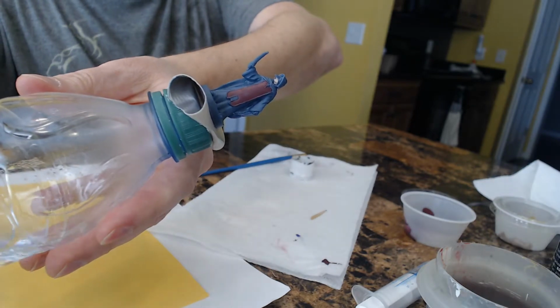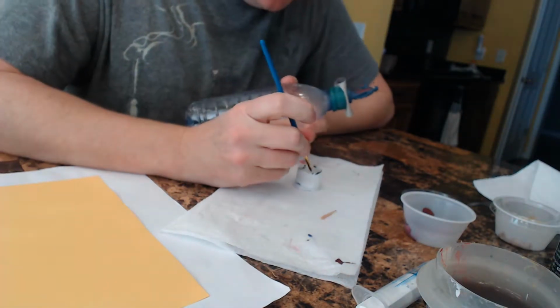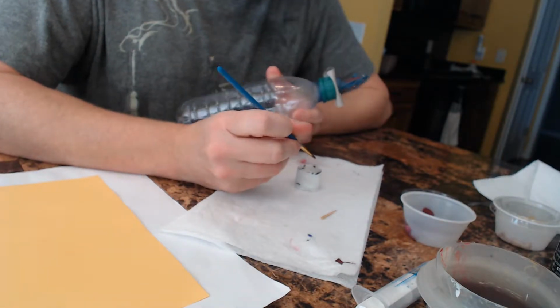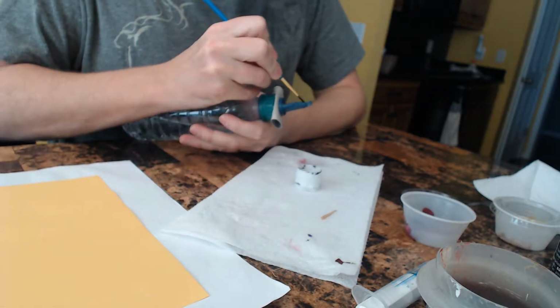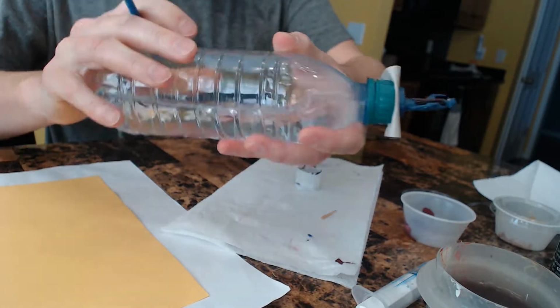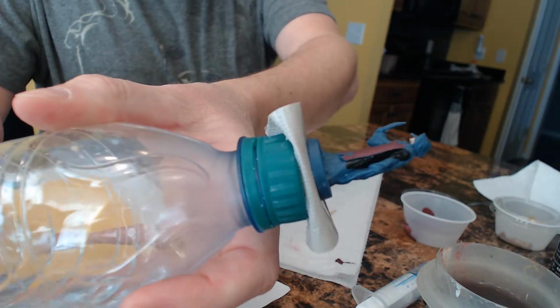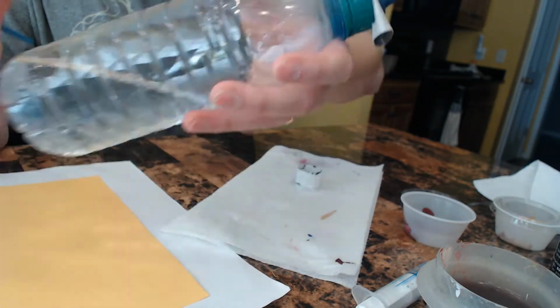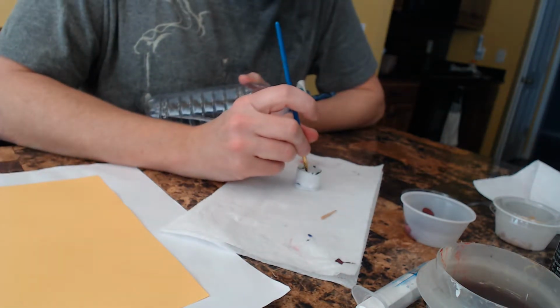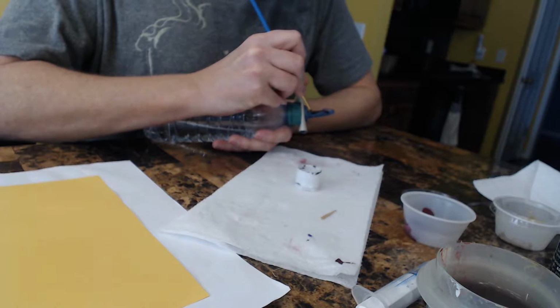Got all the rest of these done to this point, just the black paint cap. Show you what I'm doing. Just loading it up. Coming down through here. If you accidentally cover the edge, it's fine, but I'm going to try to go back and do that in the gold color, like in the pictures